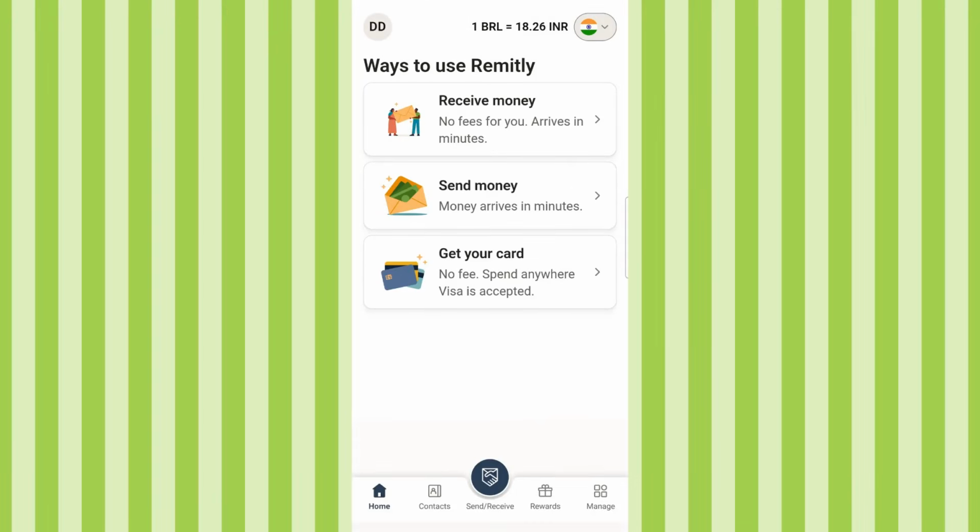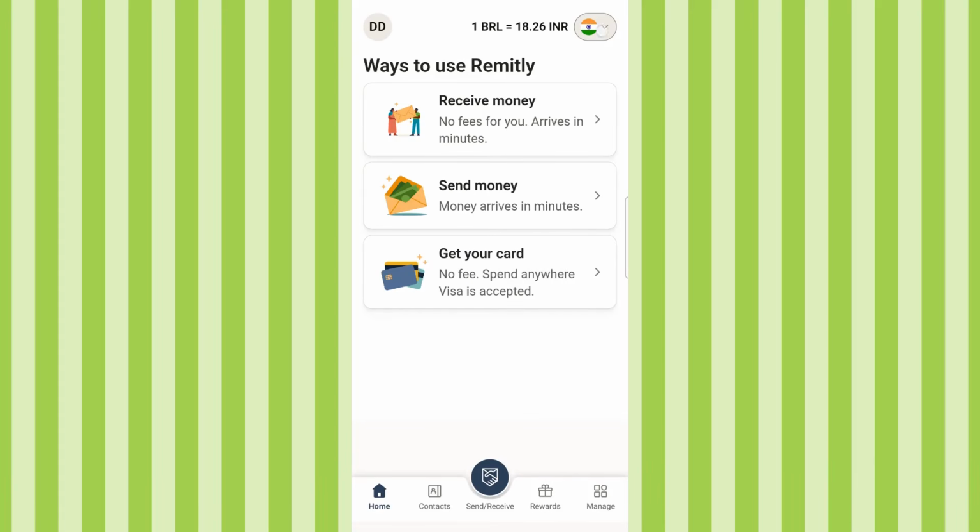In today's video, I'm going to teach you how to send money to Switzerland with Remitly. To get started, open your Remitly account and make sure you're signed in properly before continuing. Once you're on the main screen, look at the country shown at the top of the app or website.